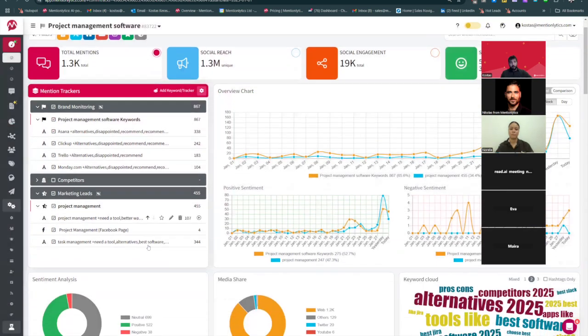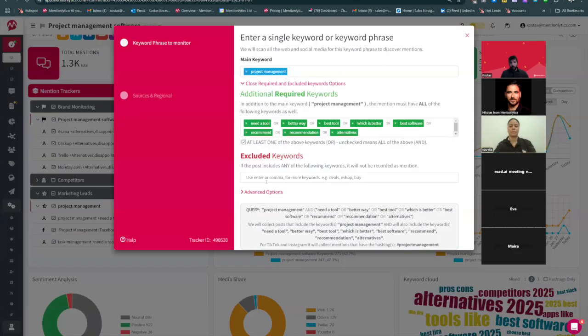The more queries I create here, the more feedback I'm going to get. However, not everything always might result in a net positive. However, for the time being, I don't want to make it too restrictive, because if I put a lot of excluded words here, I might be losing some valuable results. So for this use case, you can put here something like excluded keywords, but I wouldn't recommend it just for this simple case. It's much better first to see what kind of results we are getting, and then try to limit it or expand it as needed.